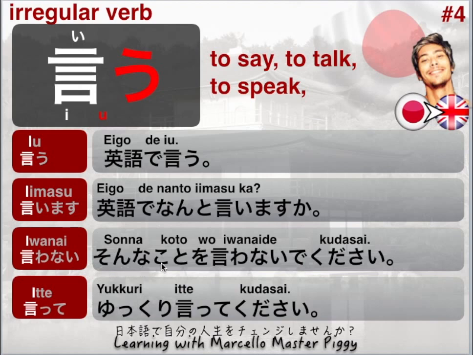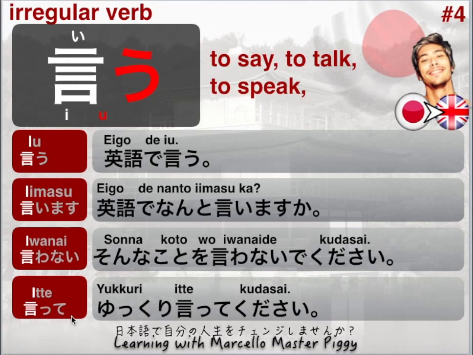そんなことを言わないでください。Please don't say that. 言わないで, please don't say. Koto would be like things, like this. Sonna is like those, these. So please don't say that. It's like when people say something and you're like, oh my god, please don't say that. そんなことを言わないでください。